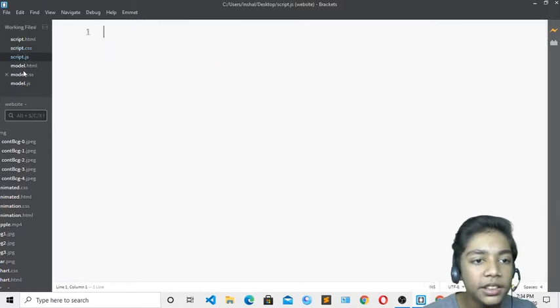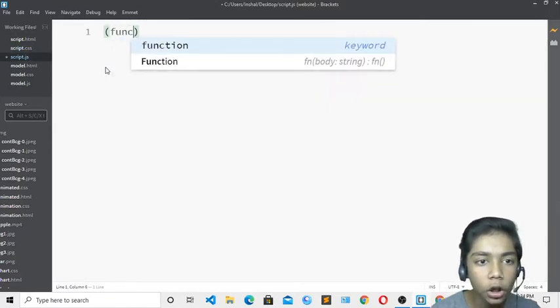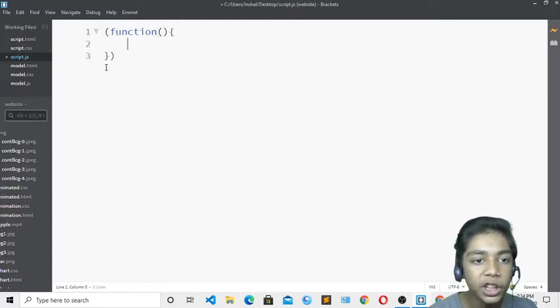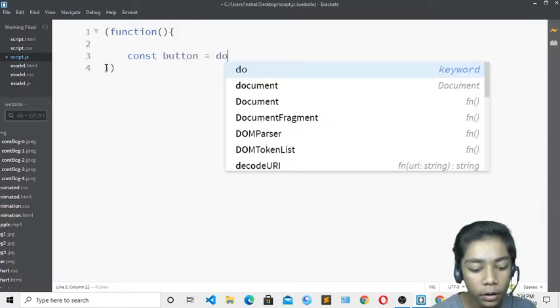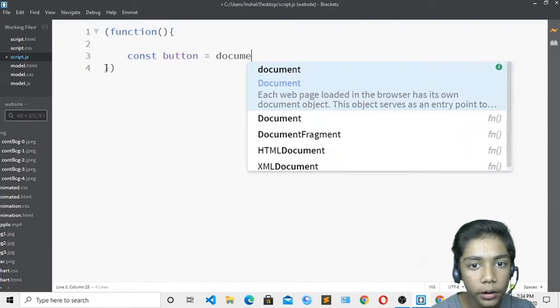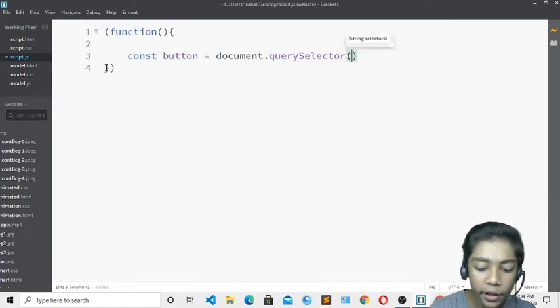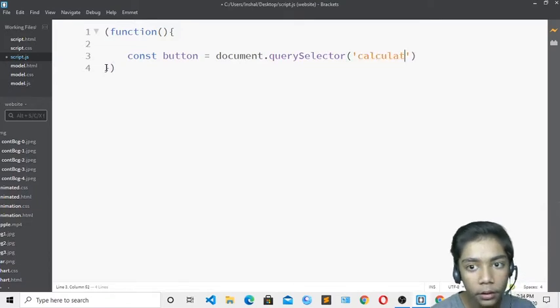And I will go to the JavaScript sheet, and here I will define JavaScript. There is also a small JavaScript over here, because we have to use some HTML and CSS and then some JavaScript. So I will write const button, and here you have to write like that, press enter, and now here you have to define const button, and write document dot query selector, and over here you have to write calculator, because our button name was calculate, should be calculate, not calculator.